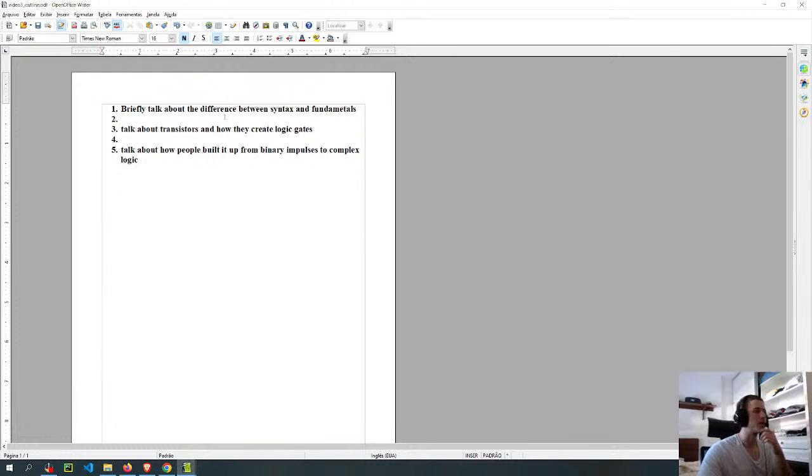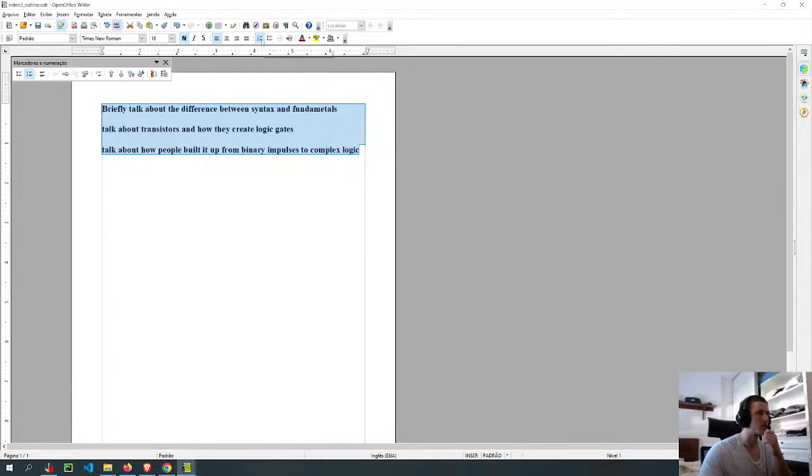And this is the part that is difficult. I think I want to remove this thing, because I want to talk. So the idea is to say first how to explain that the code is only writing a bunch of things in the file, and that the computer interprets that.